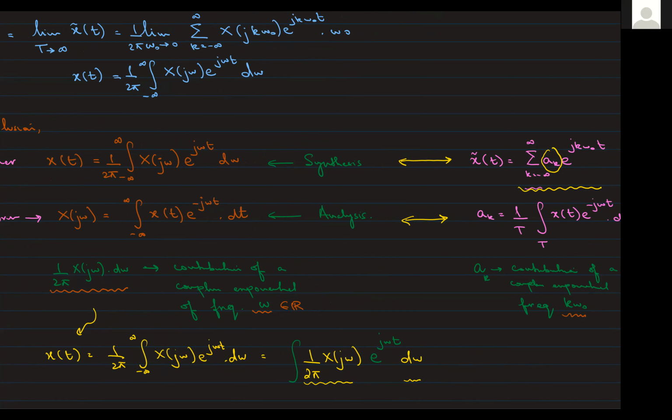Yes, sir. Okay, the summation is no longer a summation, but rather an integral, right? What is an integral? An integral is a limiting form of a summation. So what is the constant being multiplied by e raised to the power j omega t? This yellow constant is being multiplied by e raised to the power j omega t, as a function of omega, and then I just sum everything up. That's why I say the contribution of a particular complex exponential e raised to the power j omega t is this yellow term.